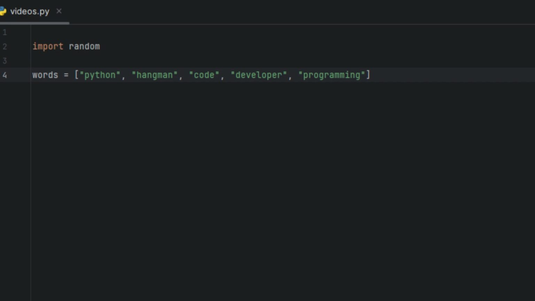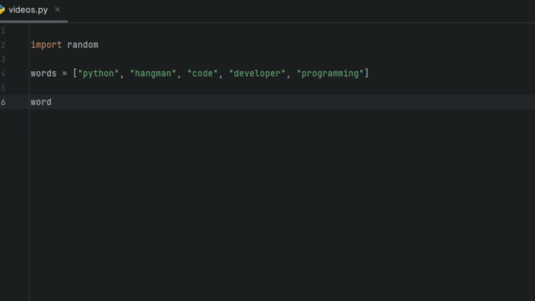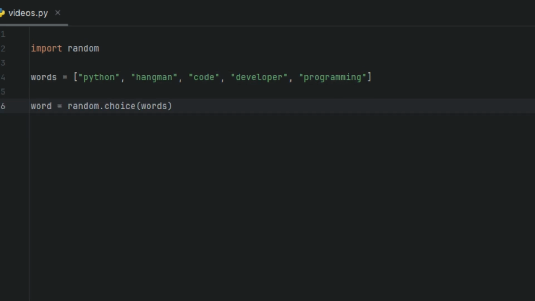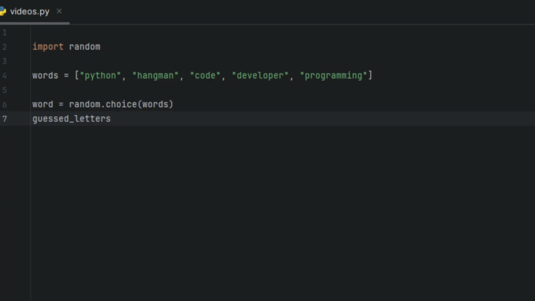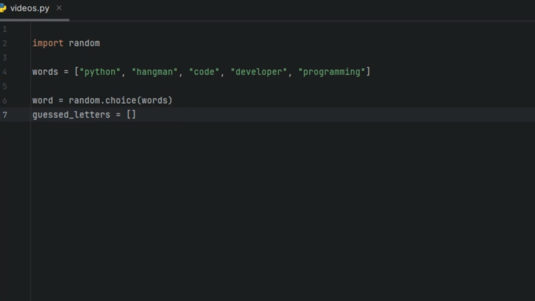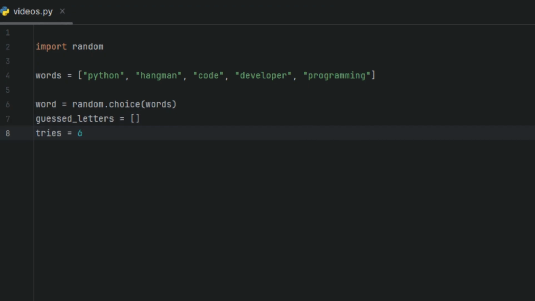Next, we're going to create a variable and call it word, and we'll set it to random.choice and pass in the words variable. So this will tell Python to pick a random word from that words variable. Then we're going to create another variable called guessed_letter and set it to an empty list. This is where the guessed letters will be placed. Then we're going to create a variable called tries and set it to 6. So in the Hangman game, the player only has 6